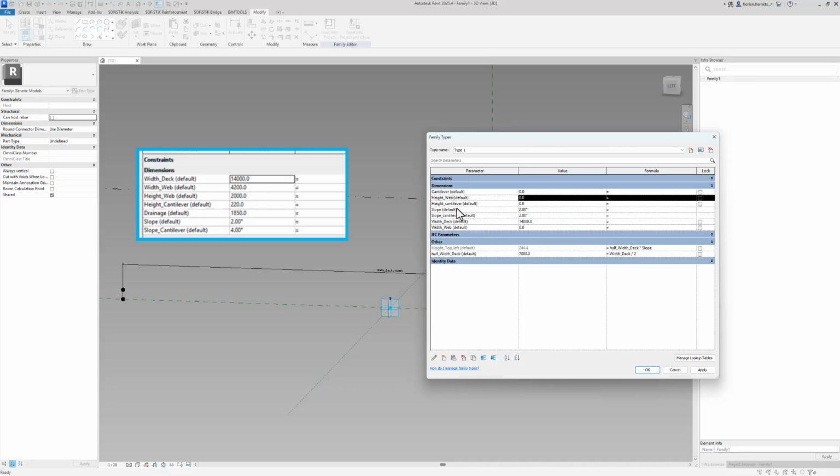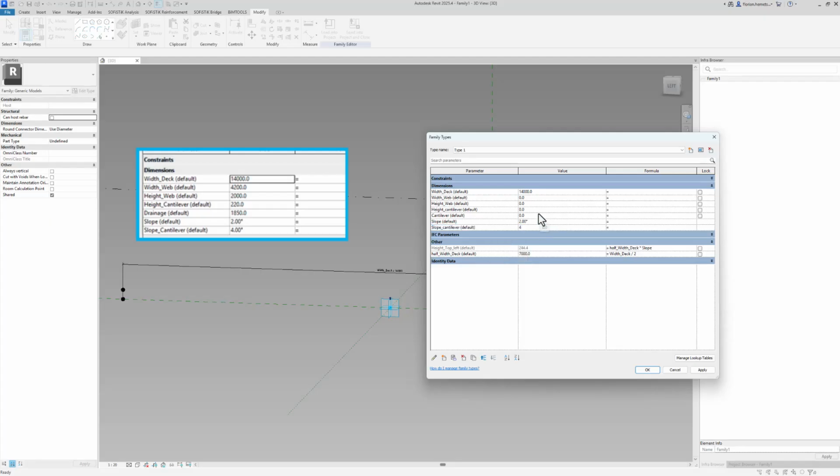You can sort your parameters very easily by clicking the sorting functionalities down here, and I like to have it sorted with the width first, then the height parameters, then the cantilever offset, the slope, and the slope of the cantilever.